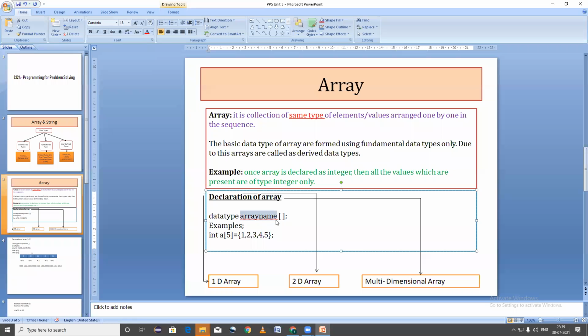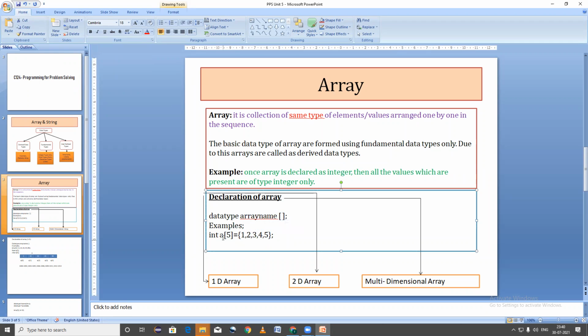Space is not allowed in the name of arrays or the name of any variable. These square brackets are used for declaring the array variable. The value inside the square brackets is the index of that array, or you can also call it a subscript.